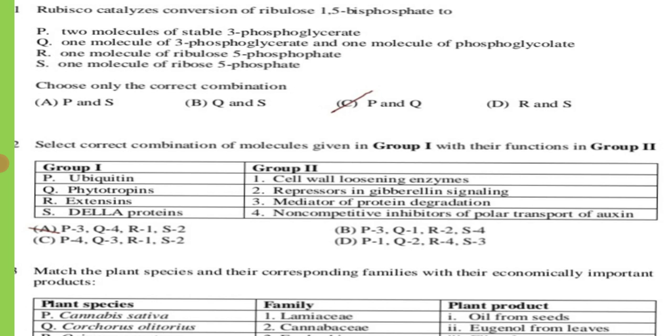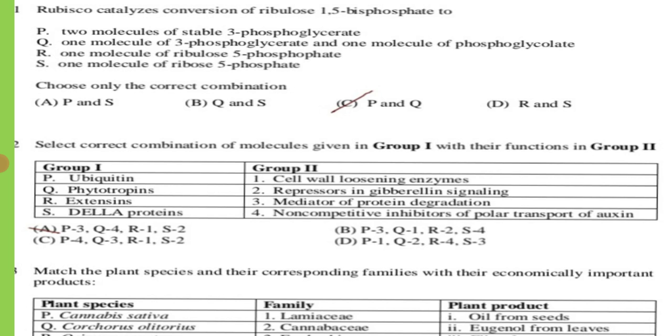Thus, auxin promotes phototropism. So for group A, phototropins, the fourth from the second group is matching: non-competitive inhibitor of polar